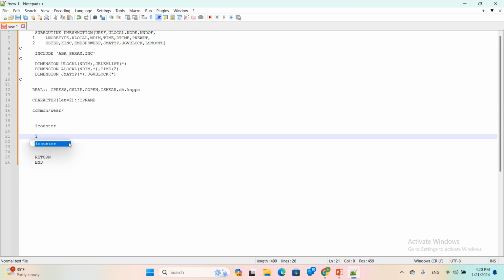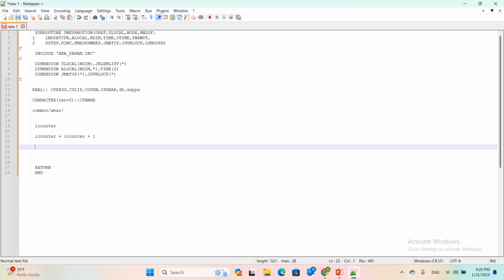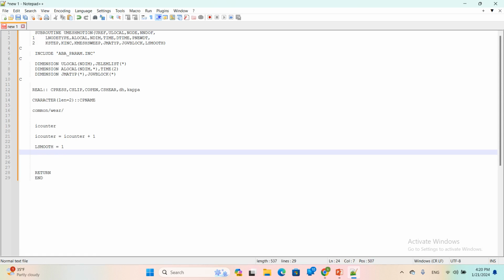Enter I counter equal I counter plus 1, and also we define LSMOS equal 1, define our kappa or wear coefficient. Kappa equal, for example, 4e-9,